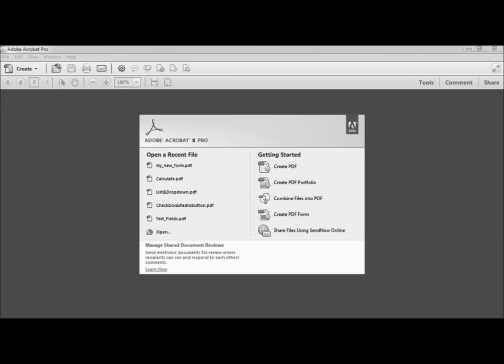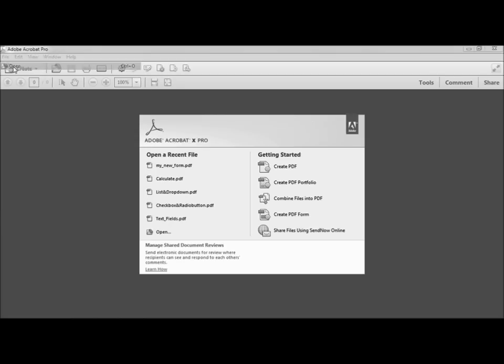When you send the data electronically, it's called submitting. And in most applications, a user has to click a Submit button to send off the data. You could set up the form to submit itself when the last field is filled in. But in most cases, you'll want the user to make that decision themselves. It gives them a chance to review the form and their entries to catch any mistakes. In this lesson, you'll learn how to add a Submit button to your form that will send the user's data to you by email. You can use the form you created in the previous lesson, if you still have it open,